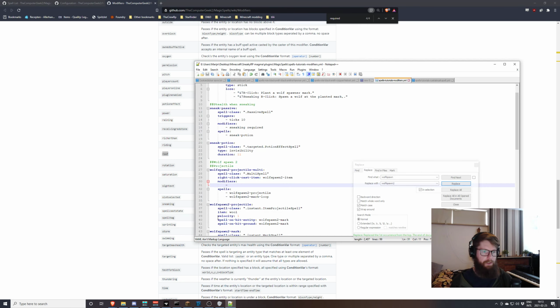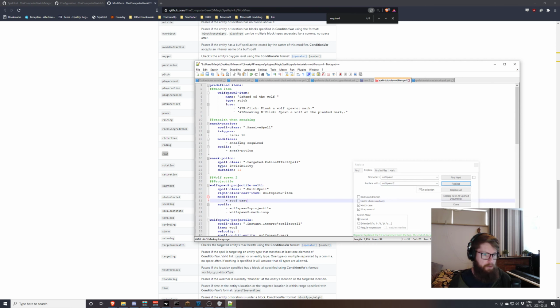Let's use roof. I've never used roof before, so this is what's going to change now. If I right click, then it plants a mark, but if I right click while a roof is above my head, it spawns a wolf. Does that have practical uses in roleplay? Probably not, but it's just a modifier I've never used before, so I want to see if it works. So what we're doing is here we used sneaking required. Here we do roof cast instead,